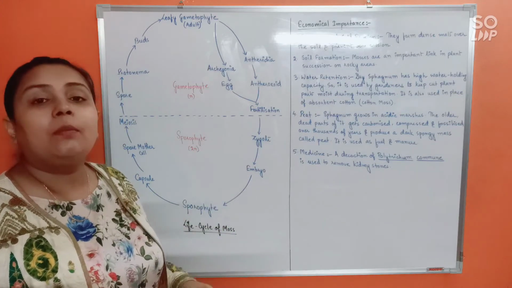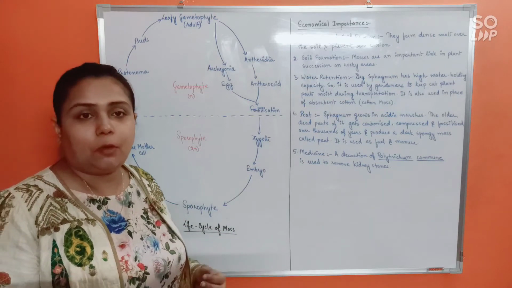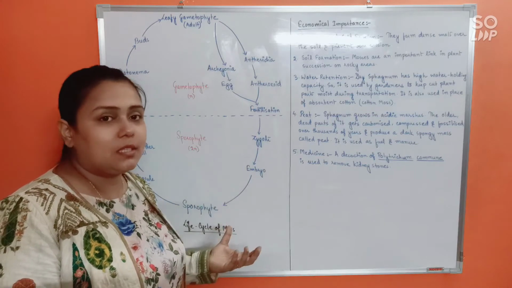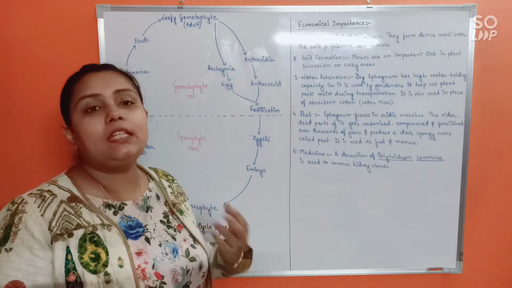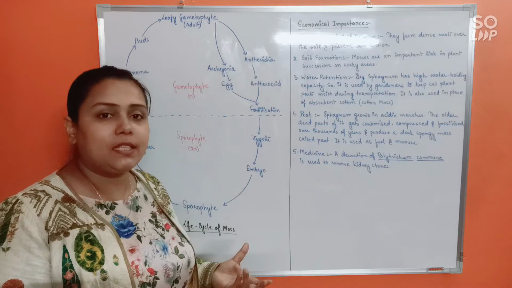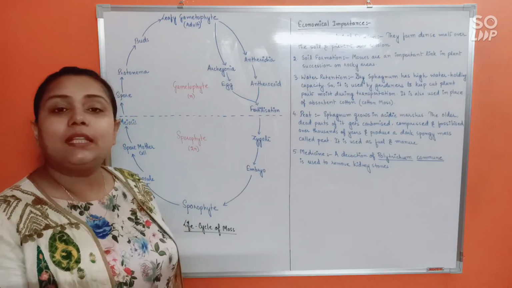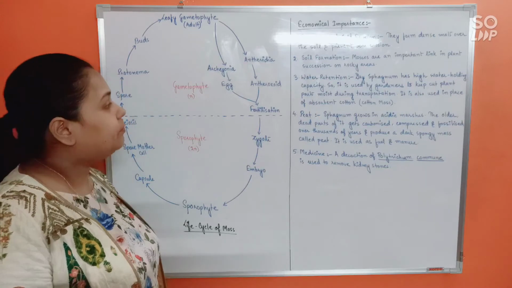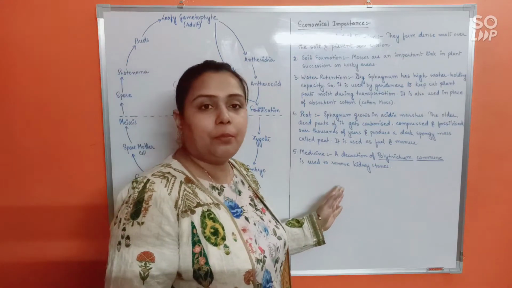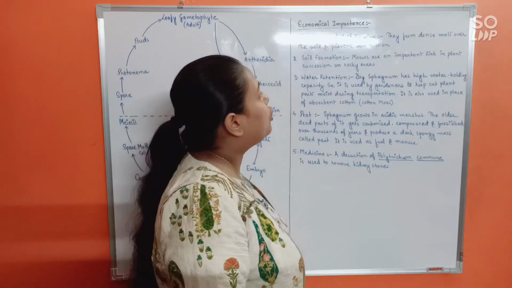Haplodiplontic life cycle. But even if it is haplodiplontic, do remember, because it's a bryophyte, the free-living independent plant body is gametophytic, and the dependent parasitic plant body is the sporophytic. That won't change, right? Now, for economic importance, see, first, prevention of soil erosion.